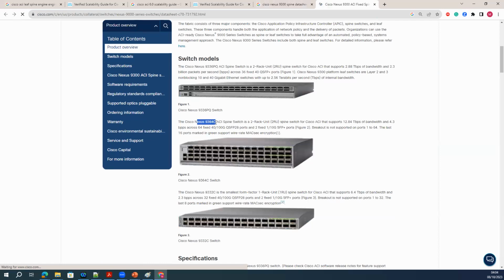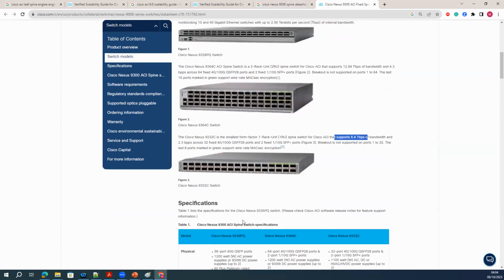If you are using this particular model number, it can support this much terabyte of bandwidth. If you're going with this particular model number, it can support this one. So it really depends on the use cases, what you have, and what you want to use.